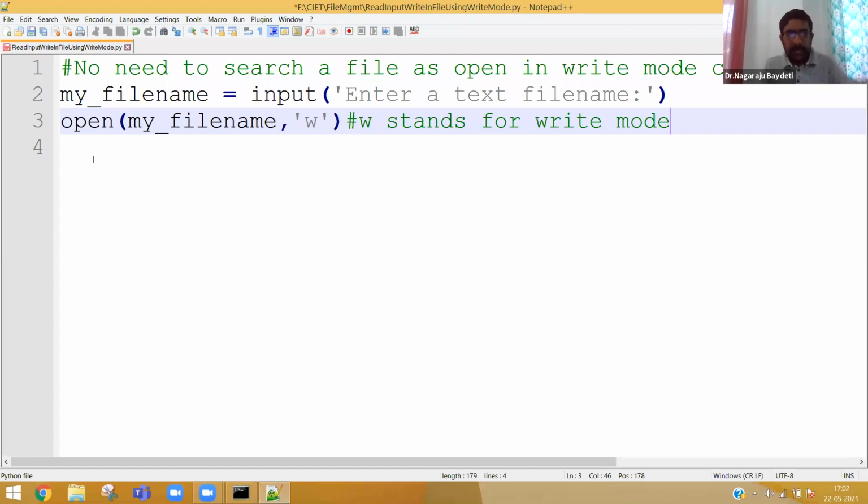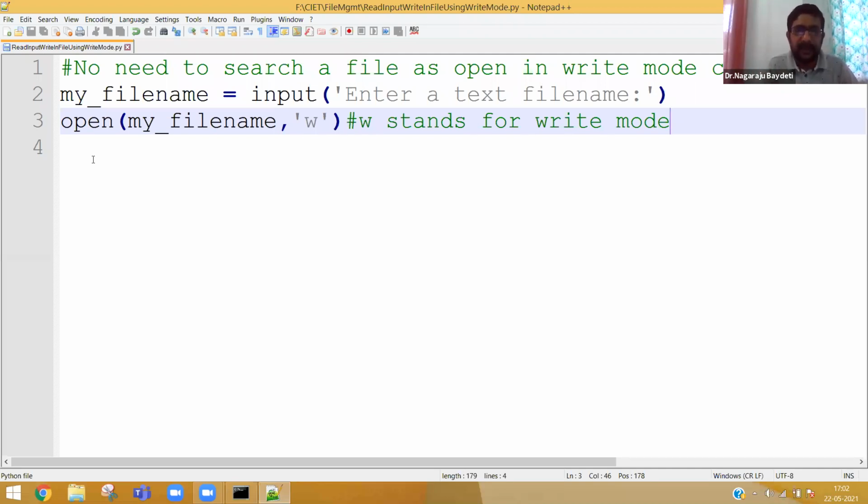Now, as I told you yesterday, for a human being to read, they need an eye. Similarly, for a file to be read or to be written or to be appended, definitely you need a file object. So for a human being, it's an eye or a chalk piece or a pencil or a pen.